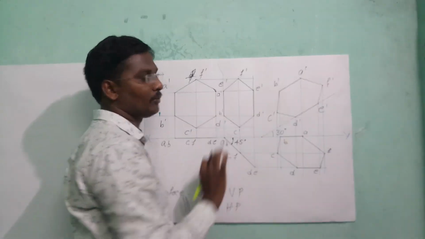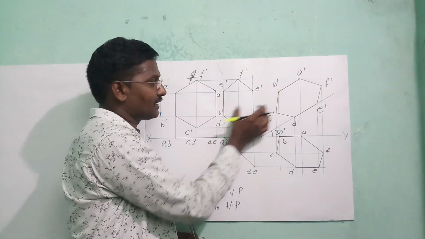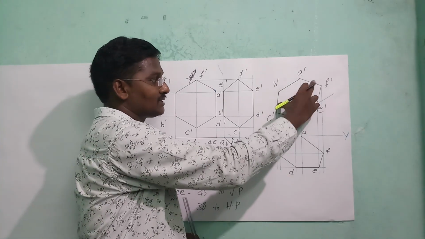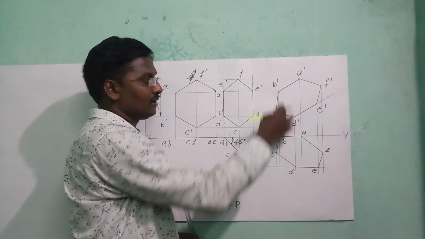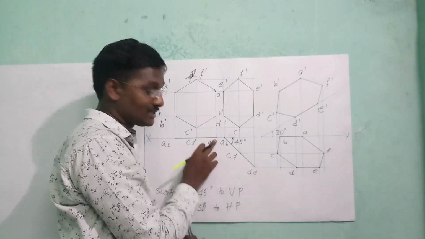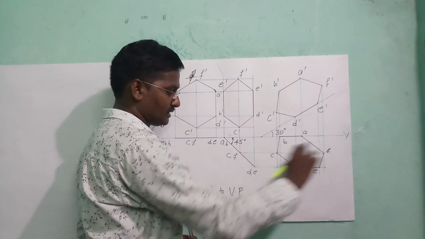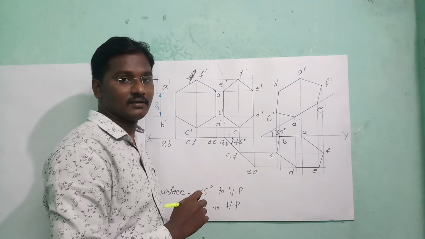Now join all the points so that you can observe whatever diagram we have constructed here, the diagram will be on the 30 degrees line. Okay. Now from this hexagon draw the vertical projection lines at each and every point, like this, and similarly from this surface also draw the horizontal projection lines from the point C, from the point D, like this. Next, coincide the points.